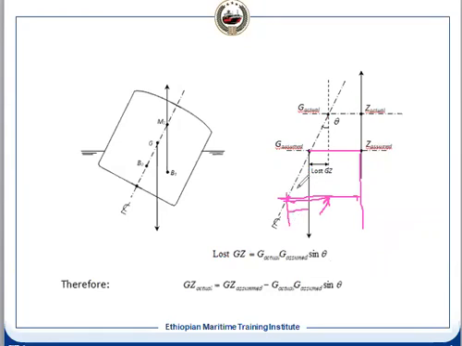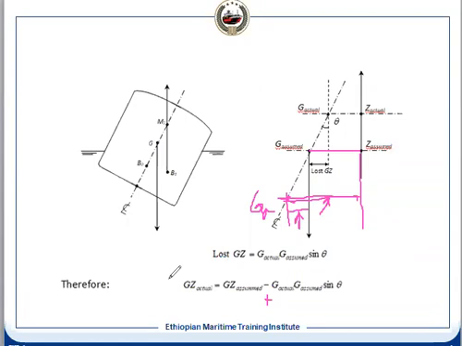In exactly a similar way we can do it, because now G actual is here and G assumed is here. We can find out this gain of CZ in terms of G assumed and Z actual. Exactly the same, only here it will be plus instead of minus. So that is the reason we write ZZ actual equals ZZ assumed plus or minus (G actual minus G assumed) sine theta. It can be plus or minus depending on the actual G position with respect to the assumed G.